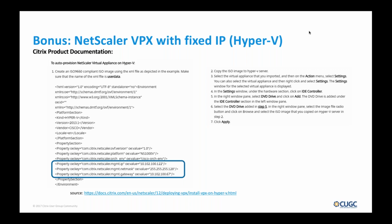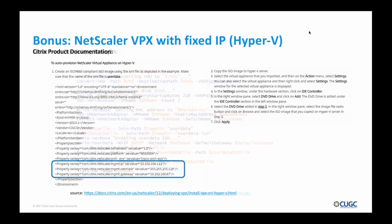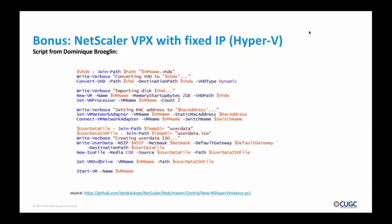And I have to admit that I haven't gotten around to try to translate this into a PowerShell script. But if you go to the next slide, you'll notice that Dominique Broeglin has been so kind to share his script with the community because he added it to the DevBlackOps repository